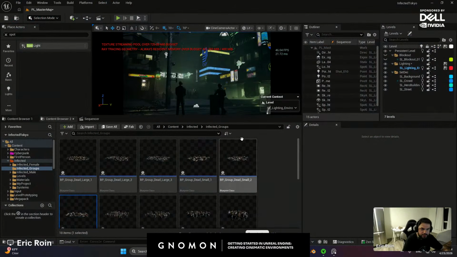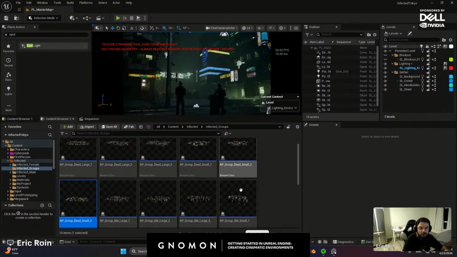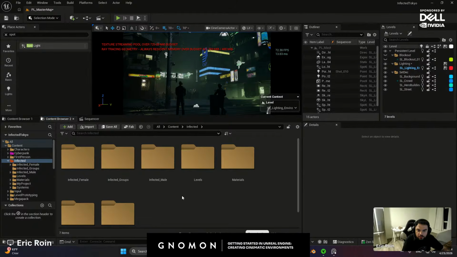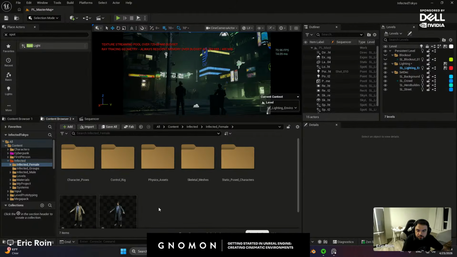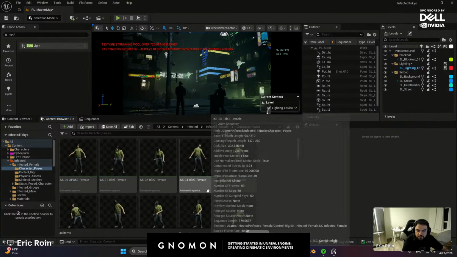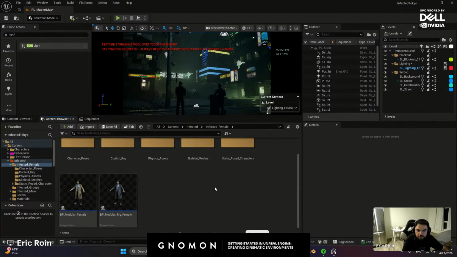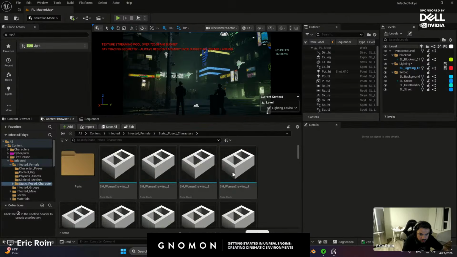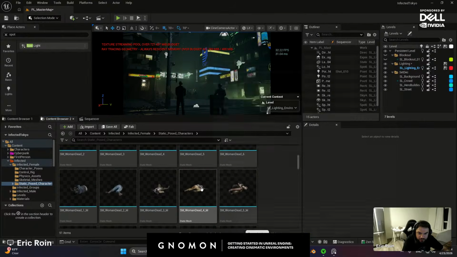My idea was this is like the first encounter that the player sees, kind of going through different positions.